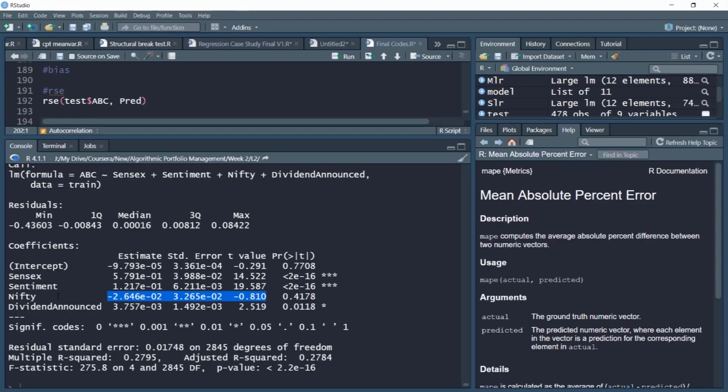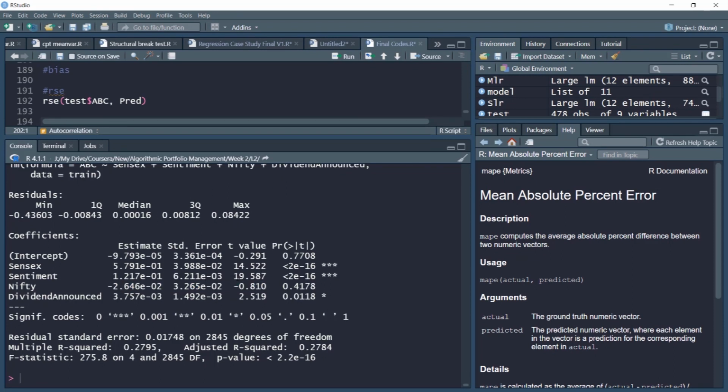Because Sensex and Nifty are both market-wide variables, this provides us intuition of a multicollinearity issue, because of which the coefficient and significance estimation of Nifty is getting affected. We'll examine that later. Also notice that the sentiment variable is turning out to be very significant, even at the 1% level. That means 99% confidence. Dividend announce is also significant. It is turning out to be at 95% confidence or 5% significance level, as we can see here from the significance codes. So dividend announce is also very significant.